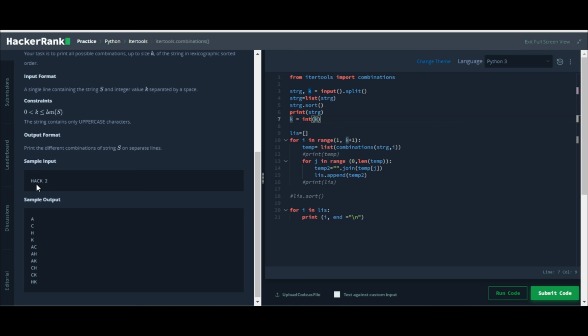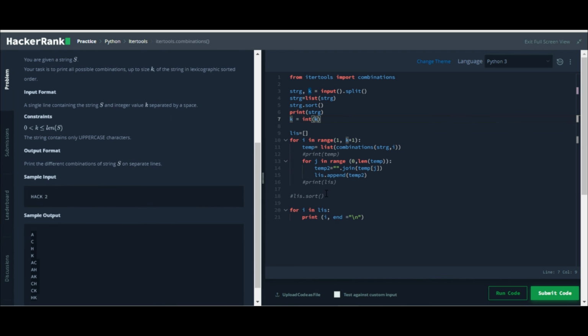Next iteration AC, AK. Next iteration CK, like this. But when you sorted, it was sorted in a way A C H K, and then this is being made. Okay, so lexicographic order we have maintained.